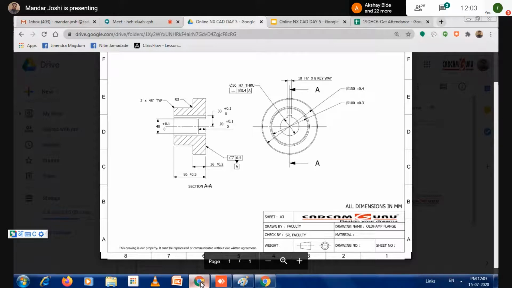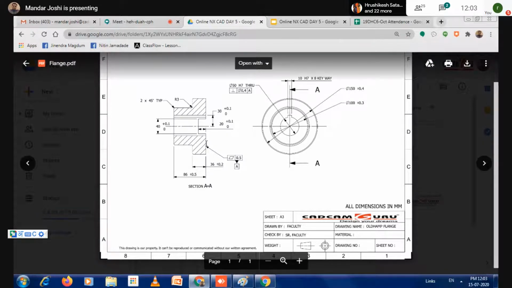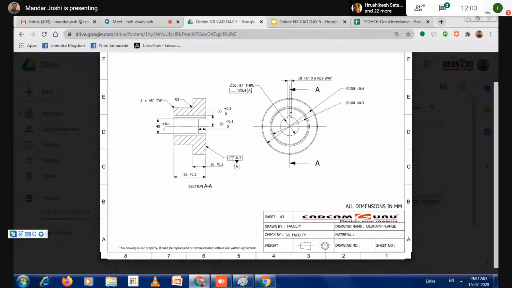Okay. Next step. There is one slot or keyway, you can say. The size of the keyway is 10 by how much? Depth of keyway is how much?